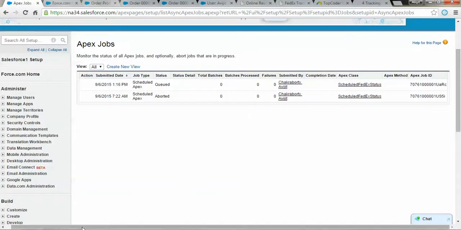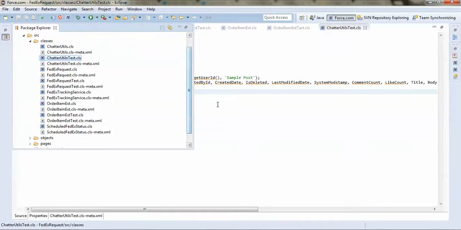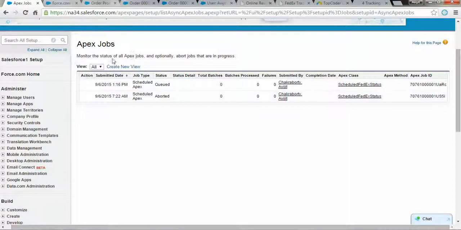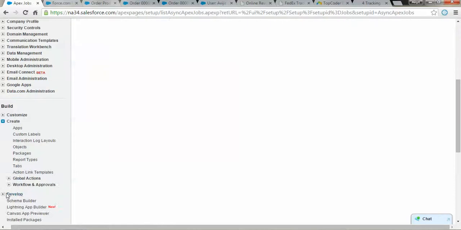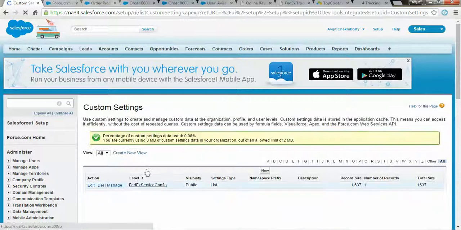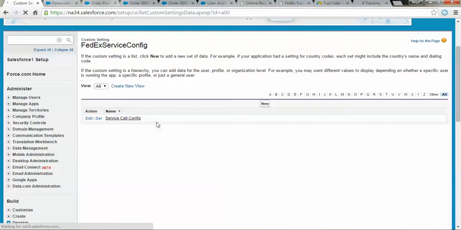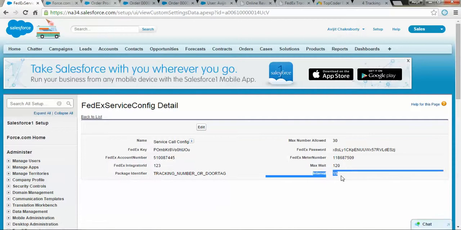As for extra features, I have given two extra features: you can configure the interval from here, as well as logging all the errors.